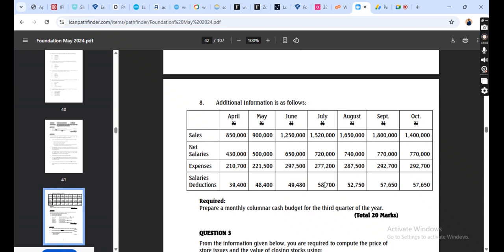We are in July. Practically, let's say we are in July. What is the preceding month of July? June. So, which means that what you have in June will be paid in July. May. You are going back. No. What you have in June will be paid in May. Yes.